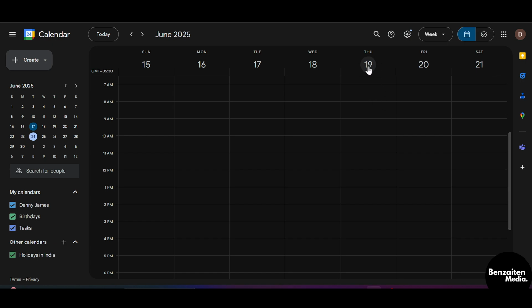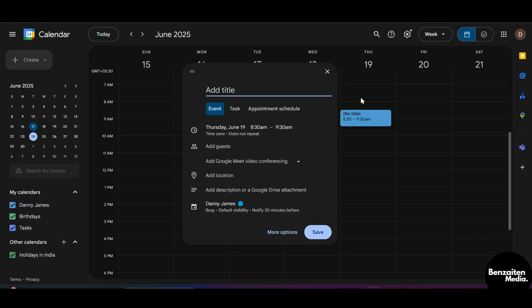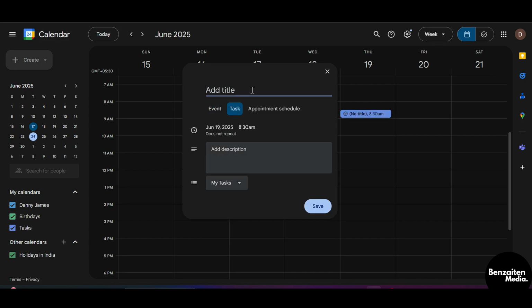Let's say I am choosing this one. Click on a block once, or you can just hover and select multiple blocks. But after clicking once, this pop-up will appear. From here, click on task, and after clicking on task, the task window will appear where you need to add the title,